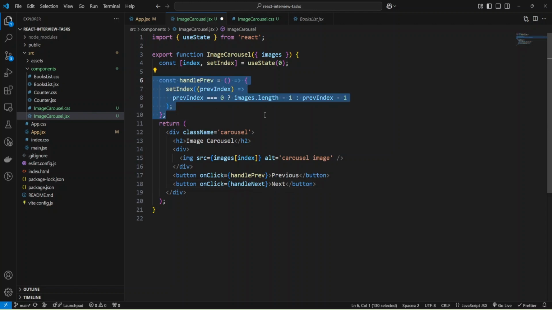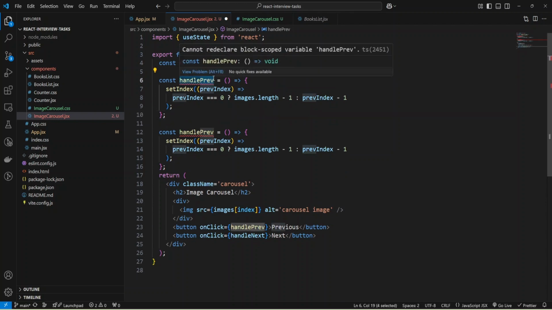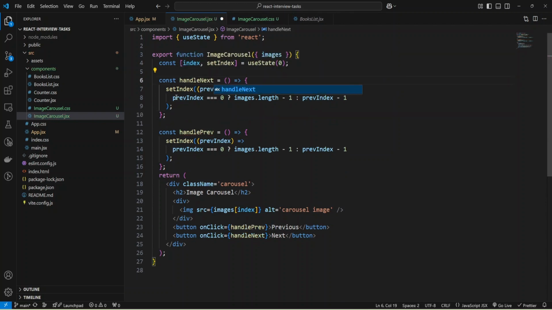I'm going to copy this function, and this time we need to check if prevIndex equals images.length - 1. If we are at the end, then we'll go to the beginning, and otherwise we'll just add 1. Okay, let's check again.